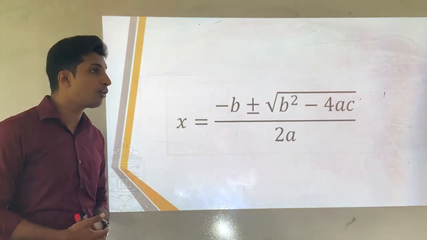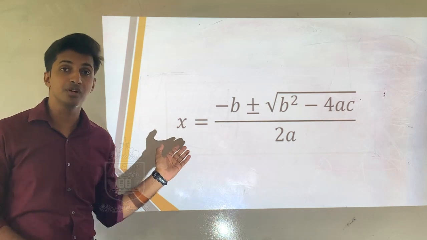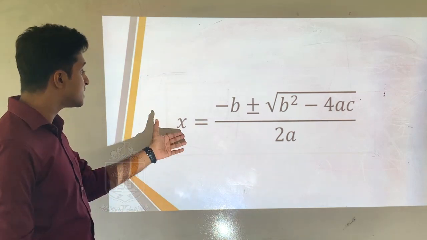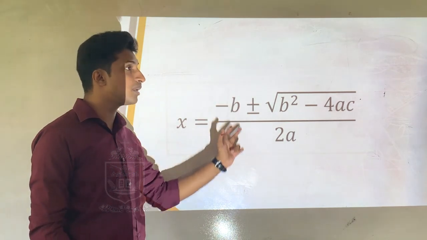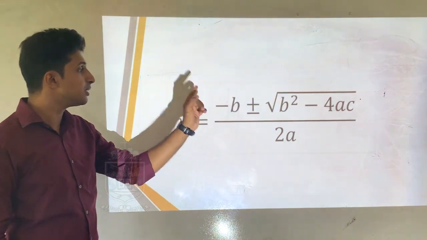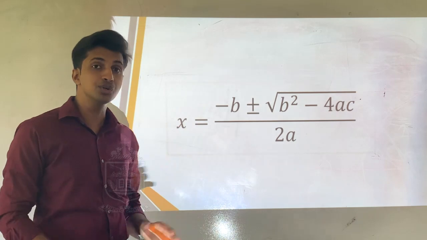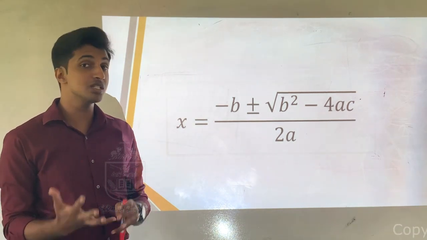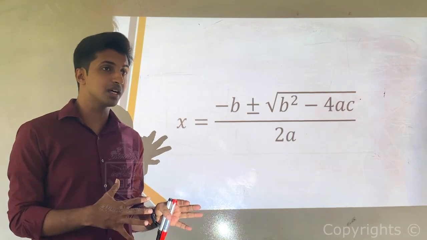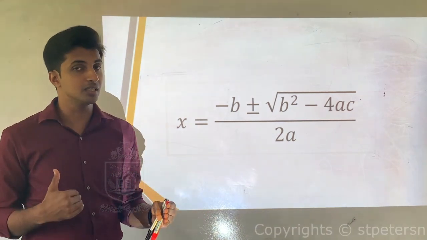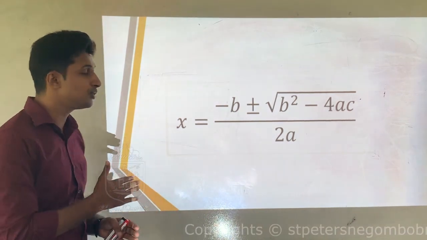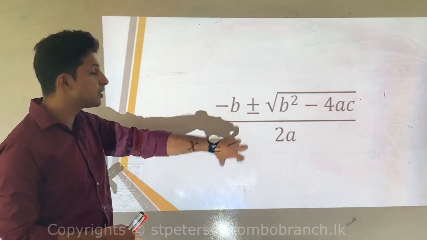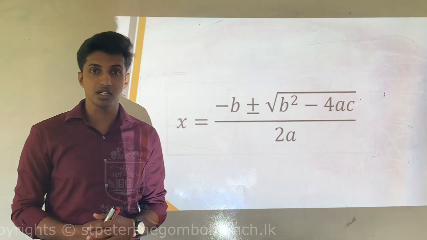So moving on to the formula, this formula you have to remember, you have to keep it by heart. That is x equals minus b plus or minus inside the square root b squared minus 4ac over 2a. This is very easy in terms of solving because, not like completing squares, there were many steps in completing squares, but in this lesson you don't need a lot of steps. Just take the values and substitute into the formula. Then you will get the final answer.